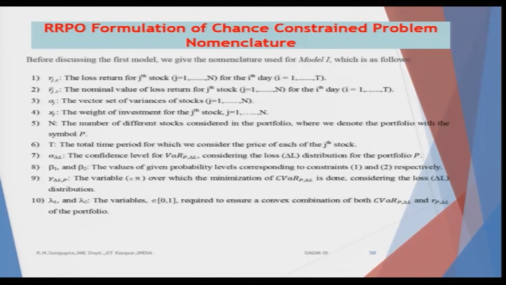So, here I am denoting alpha as some level of confidence for VaR. What is VaR? I will come to that later. Beta is basically the value of given probabilities corresponding to constraints 1 and 2. So obviously there would be some constraints which imply the level of such risk or level of confidence I am going to put onto these constraints, depending on the market value fluctuations of the actual information set or the data set.